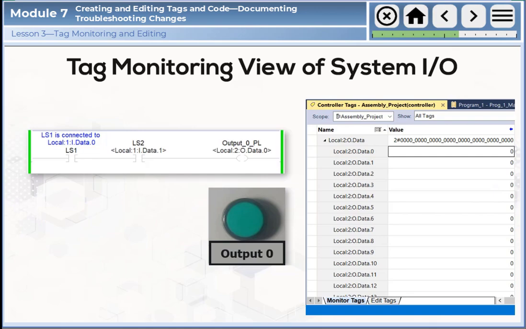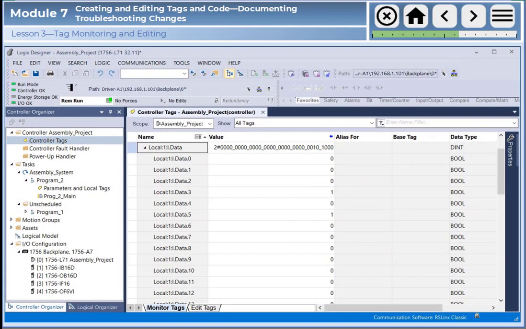As we'll see later, another way to test outputs during the execution of the code is to use the forcing function. During normal running operation of a ControlLogix project, we can also monitor the status of